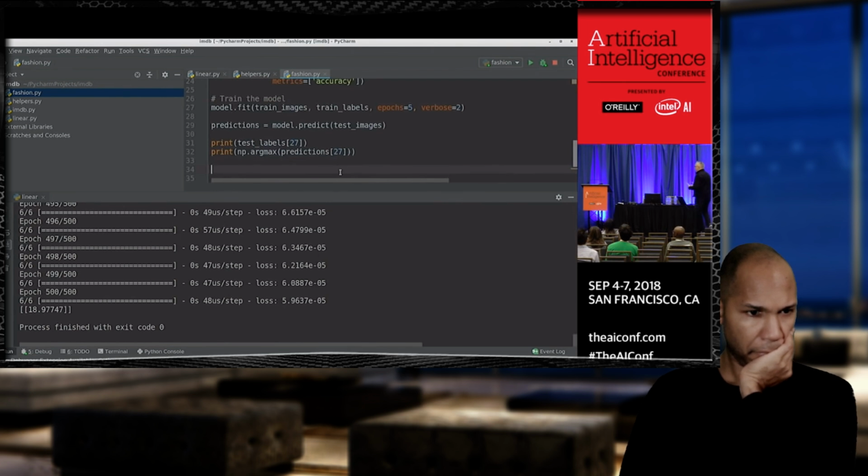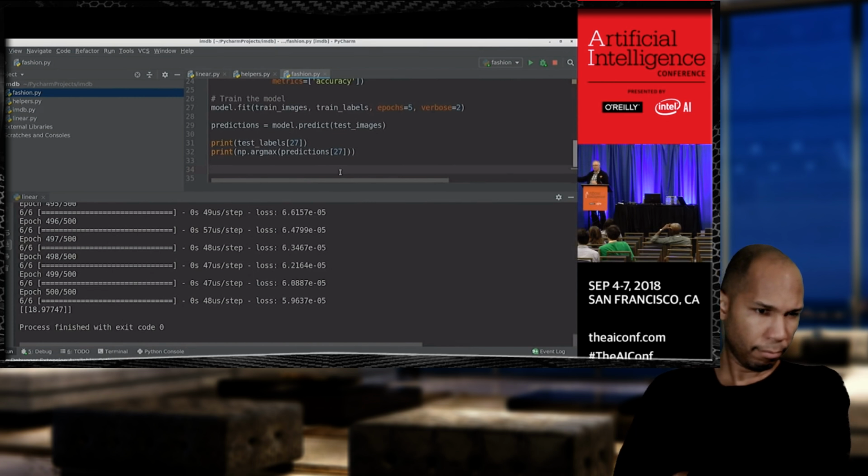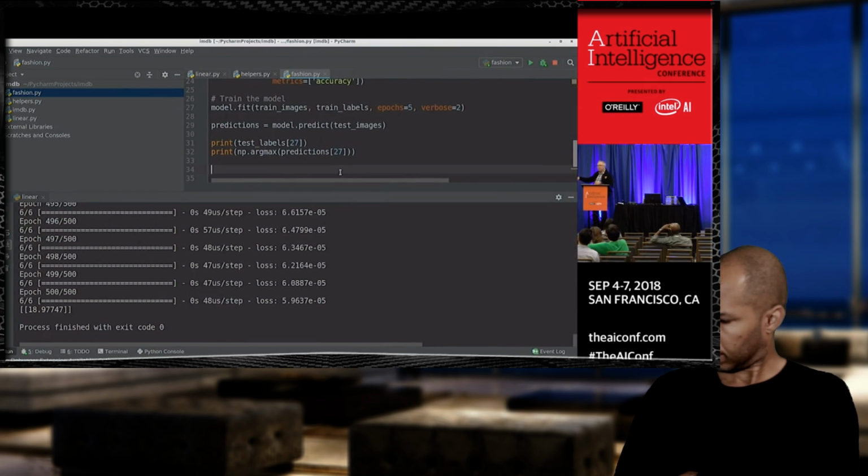So what's going to happen here is that I'm going to train the neural network to identify those pieces of clothing. I have no idea what piece of clothing number 27 is in the test set. But once it's done, by the end you'll see it says print the test labels for 27. So whatever item of clothing 27 is, there's a pre-assigned label for that. It'll print that out, and then the next thing it'll do is print out what the predicted label will be. And hopefully the two of them are going to be the same. There's about a 90% chance, if I remember right from this one, that they will.